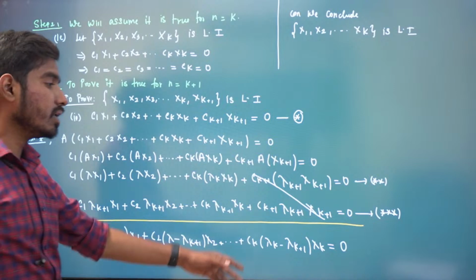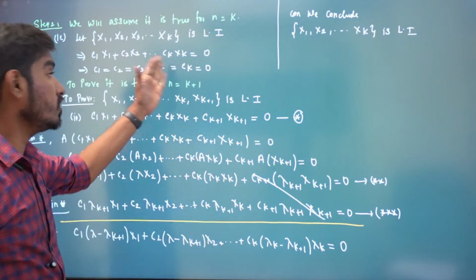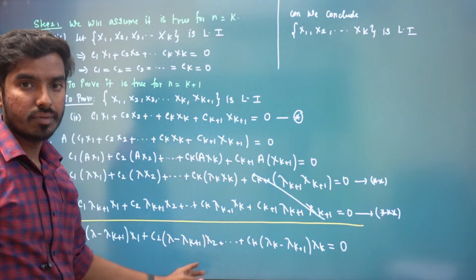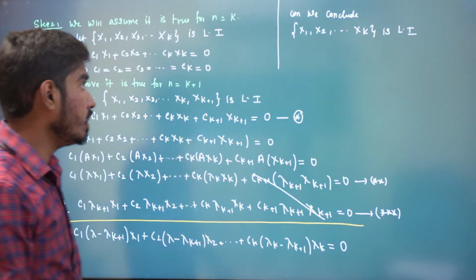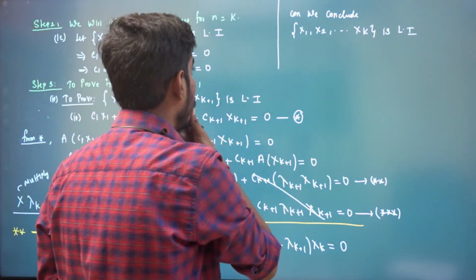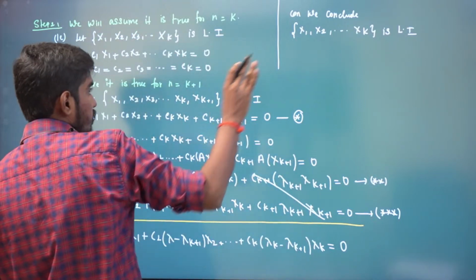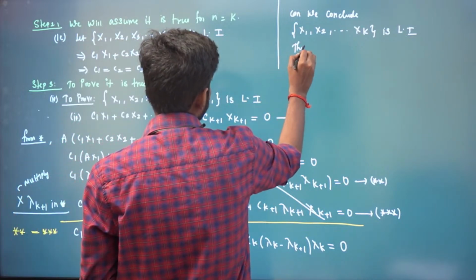Because we already know all C1, C2, Ck are zeros. So all these coefficients are 0. That means our x1, x2, x3 and so on to xk are a linearly independent set, right? If the set is linearly independent, then star becomes